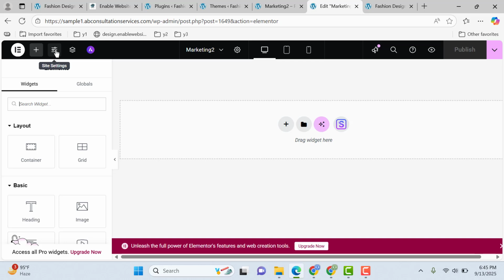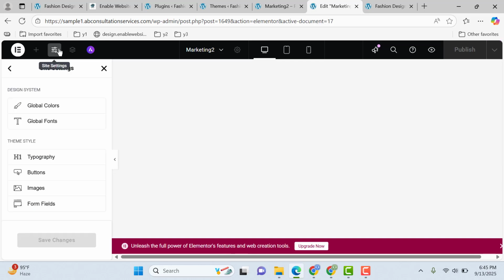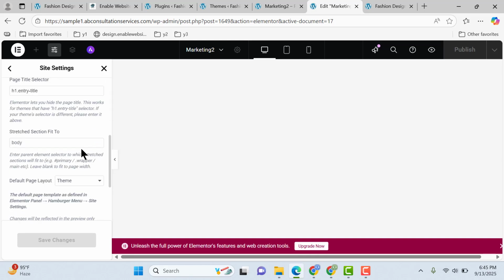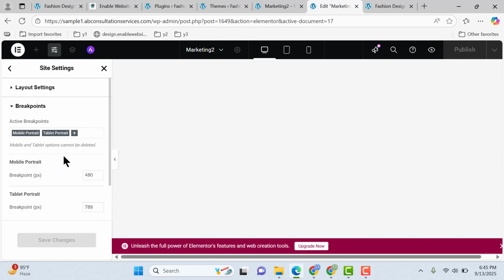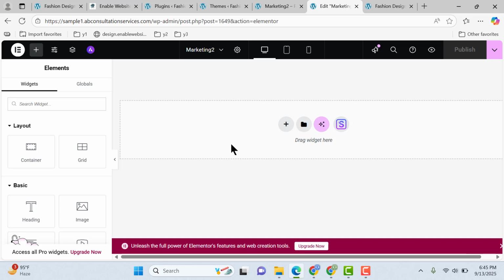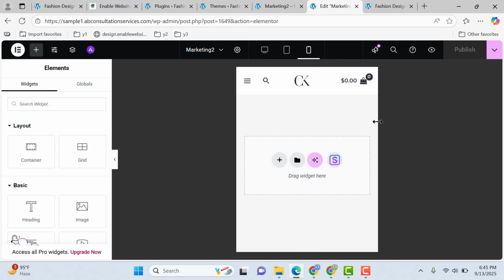So now let's go and click on global settings. This one, scroll down and click on layout, scroll down, go to breakpoints. Now here you can select 480 and then 789. So this one is for tablet. Then click on save changes and now let's go back. So now click on mobile devices